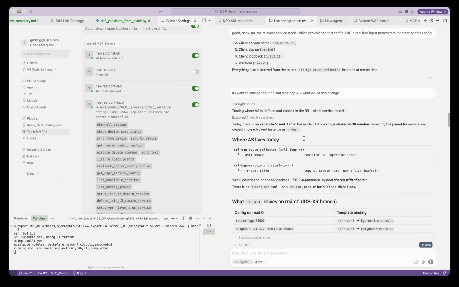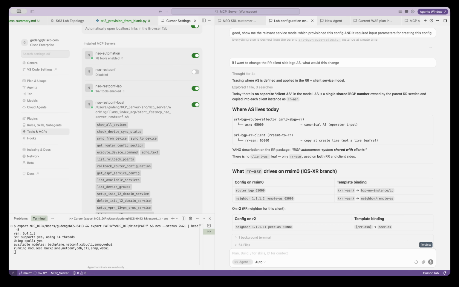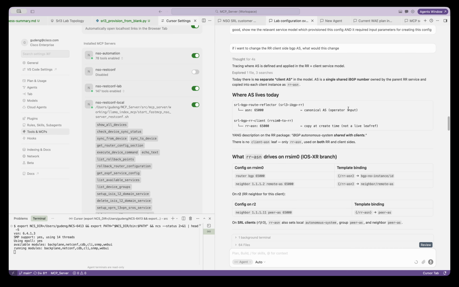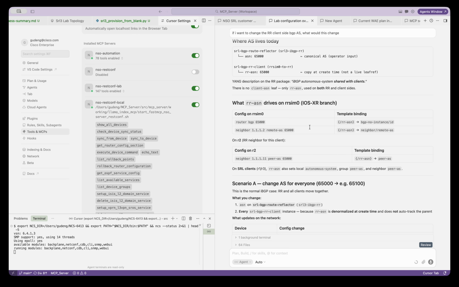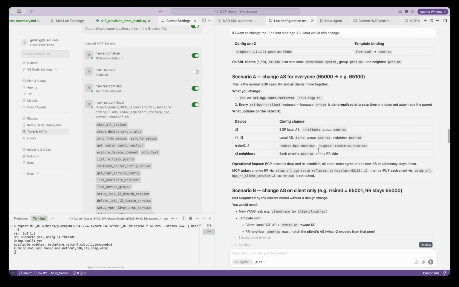If I want to change it, what does that mean? It says today there's no separate client AS. AS is a single shared IBGP number. Wow. Yeah, so it's copied at creation time. So what does that mean? Scenario one, you change the AS for everyone.